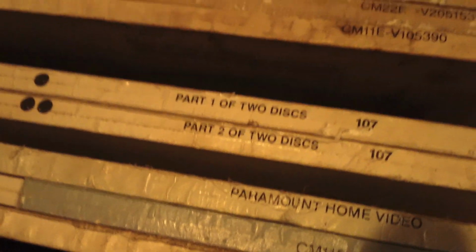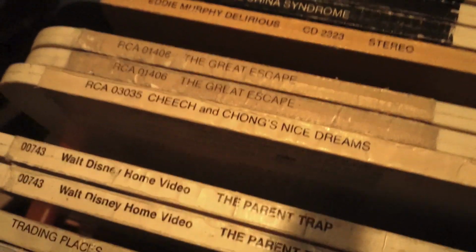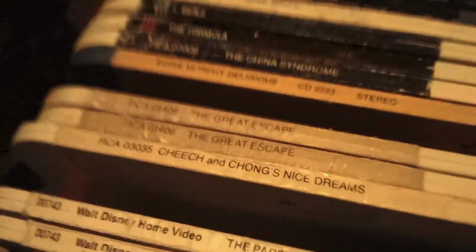As you can see, there are actually little dots here that will show you that it's disc 1 and 2. And oftentimes you'll see these, and one of them will be for sale, or they'll sell them as 2 individual items because they don't look at them hard enough to realize that it's part 1 of 2 or part 2 of 2. But anyway, then we have Cheech and Chong's Nice Dreams, part 1 and 2 of The Great Escape,